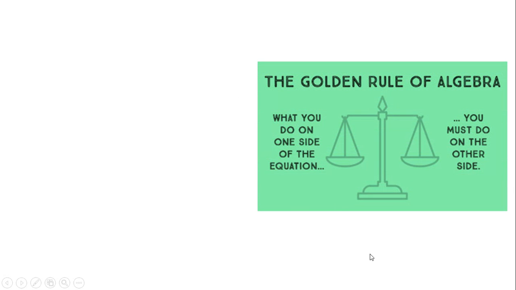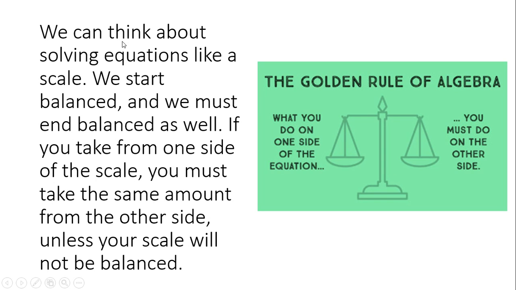This is the golden rule of algebra. What you do to one side of the equation, you have to do to the other side of the equation. So we could think about solving equations like a scale. We start balanced, and then we also have to end balanced. So scales are supposed to be orderly, balanced, even. So what we're doing to one side of the scale, so for example, if I take something out of this scale,